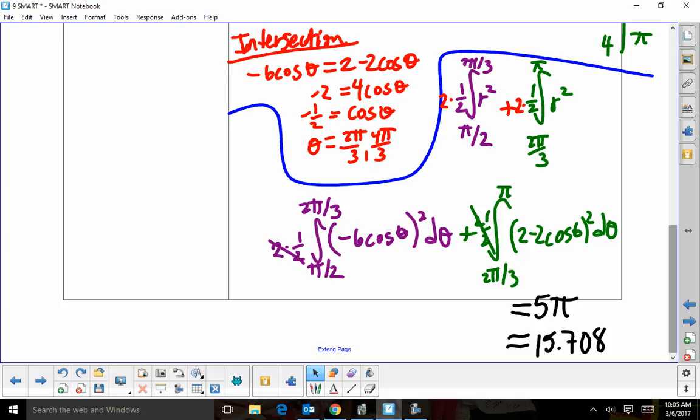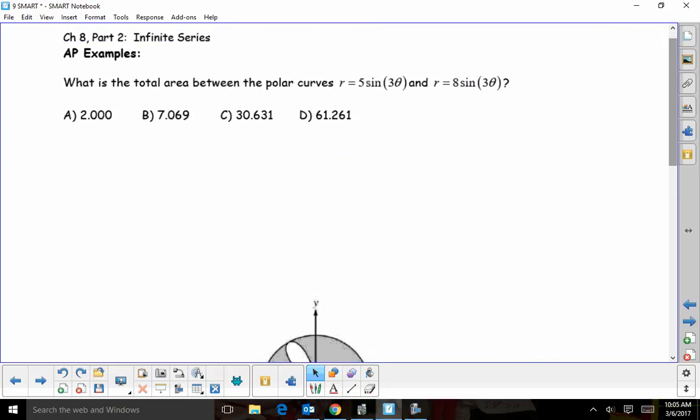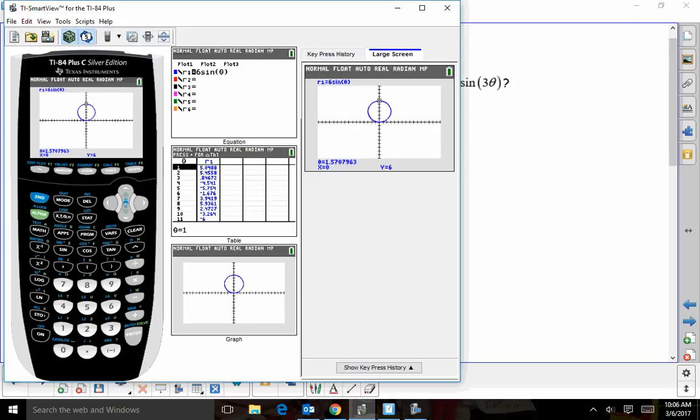Alright, so these next two are from AP and you get to use your calculator. As you're graphing these, you can use that to aid you, but you still want to go through the process that we have been doing. It will help you in the long run to get this problem right. You can use the calculator and you can type in your theta values. So like when you're here,